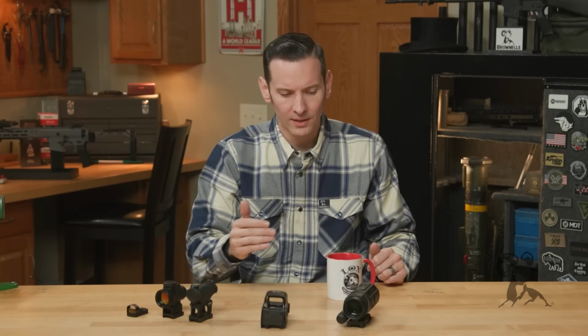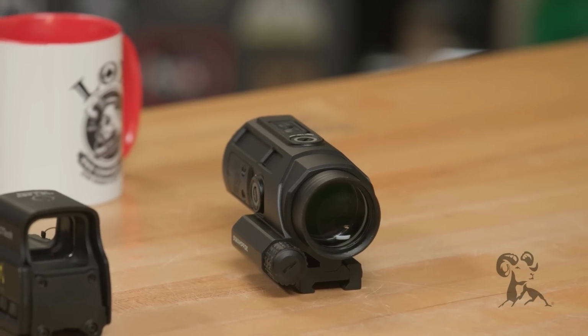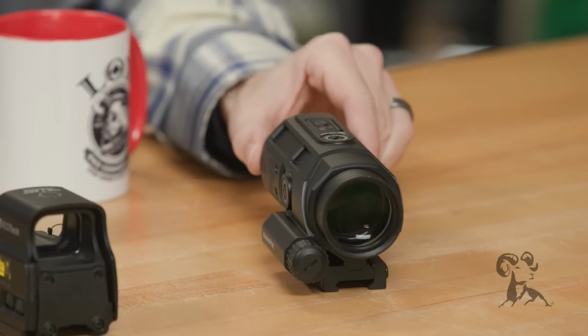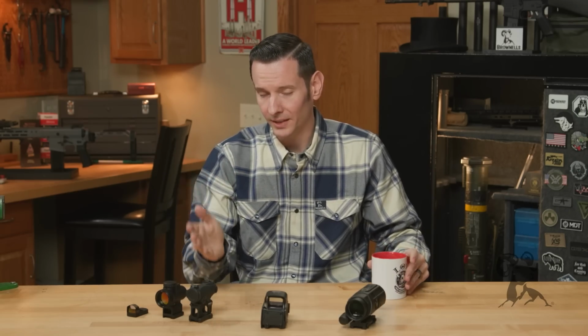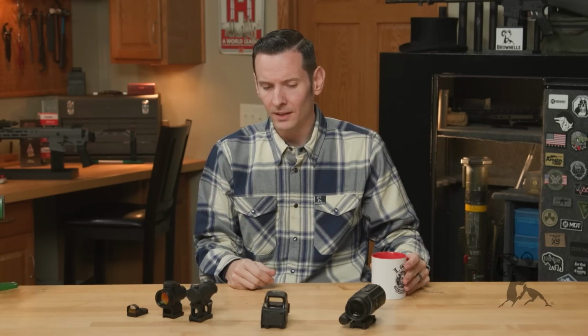Now, prisms, not the easiest thing to shoot with red dots through, and I'll get into why here in a little bit. So again, night vision, typically red dots is going to be the way to go. Now let's talk about